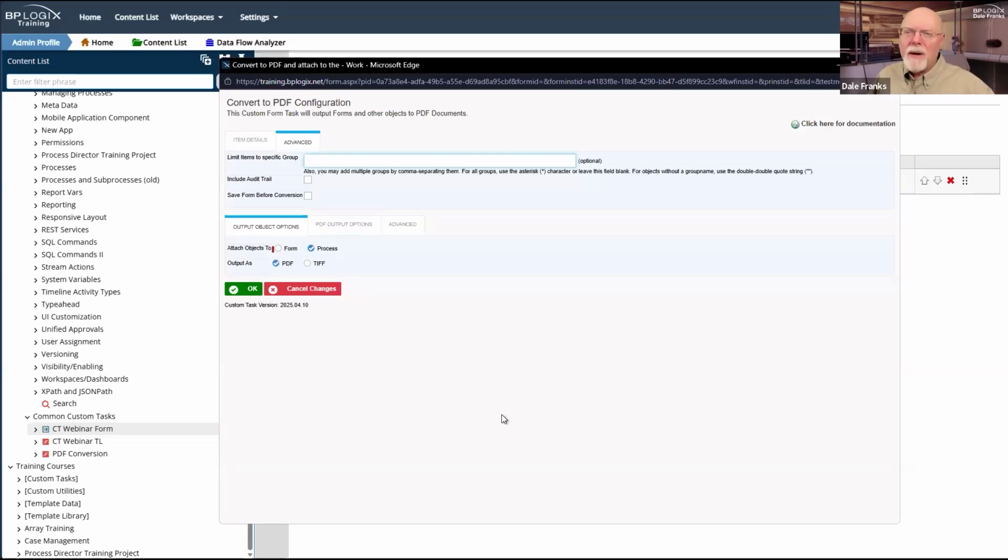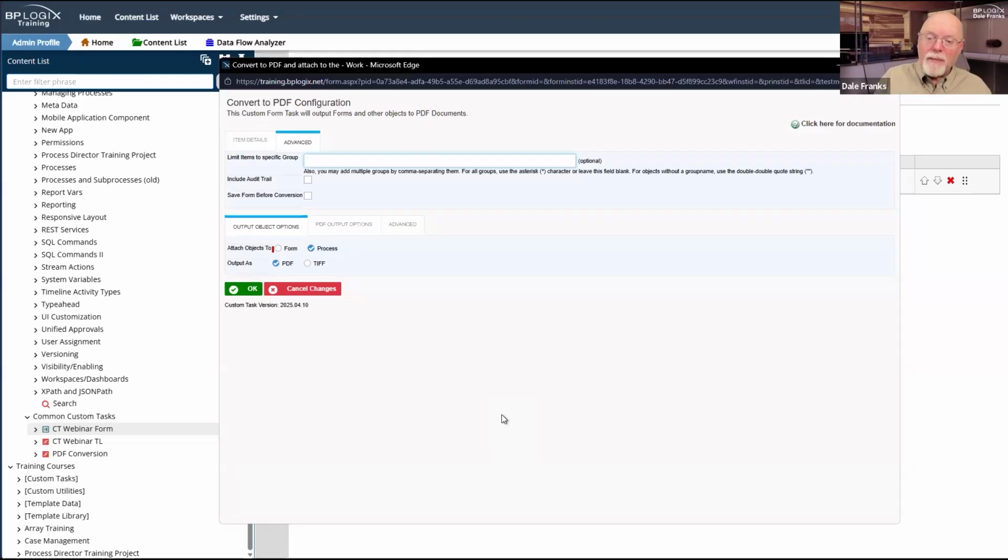It's kind of an edge case, but if a user has opened up a form and made any changes on the form, those changes only exist on the form itself inside their browser. They don't exist on the server. And they wouldn't exist unless either they manually saved the form or they submitted the form.